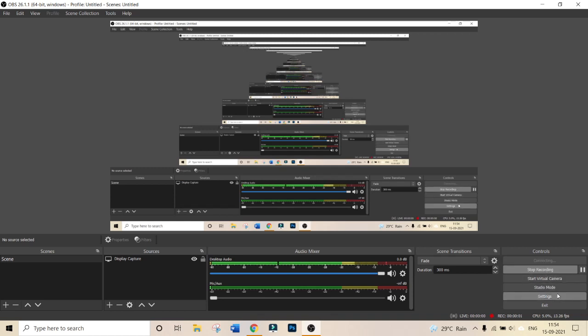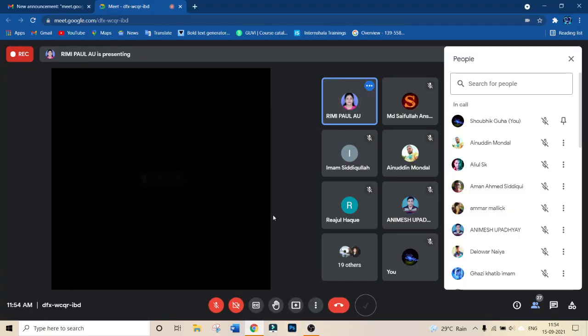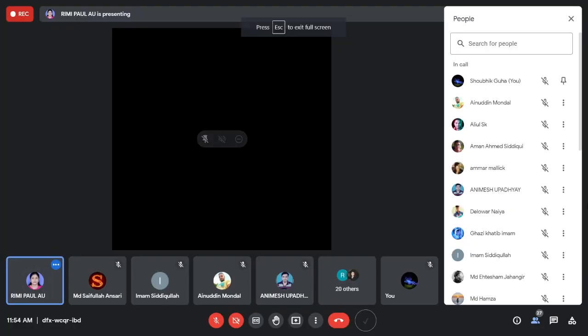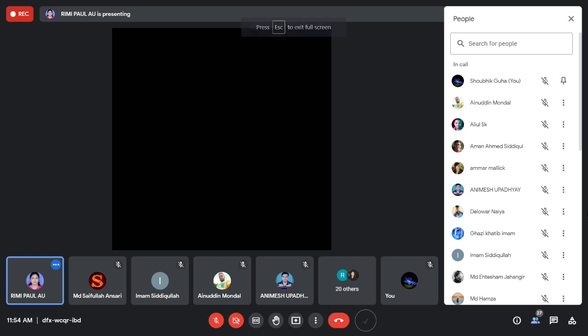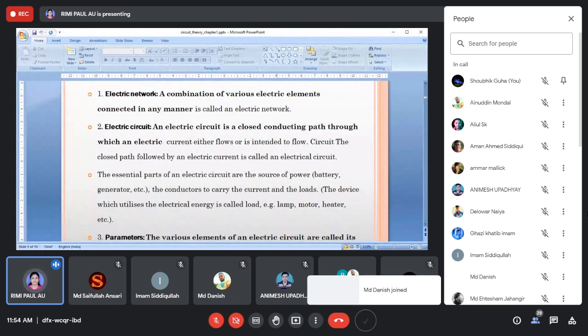It is connected different components without energy, and there is no closed loop. But an electrical circuit is a closed conducting path which consists of at least one energy source. That is an electrical circuit. So here it is written: electrical network definition, a combination of various electrical elements connected